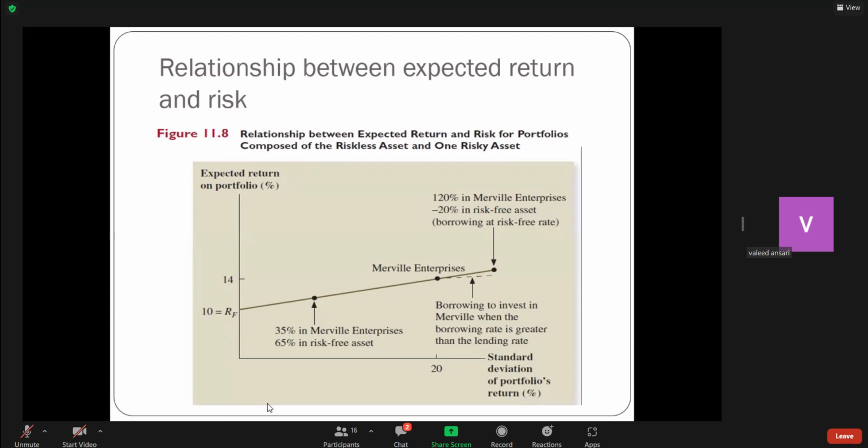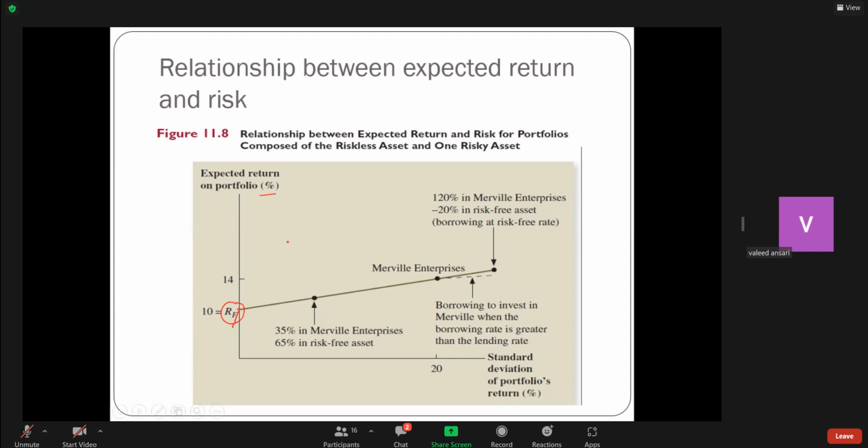It is a relationship between risk and return. Please keep in mind these two points. One point is risk-free. Risk-free provides a return of 10%. It is given. On the vertical axis, we have written expected return, and here we have written the standard deviation